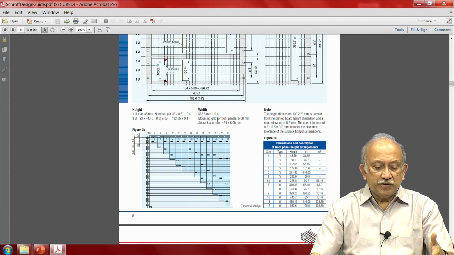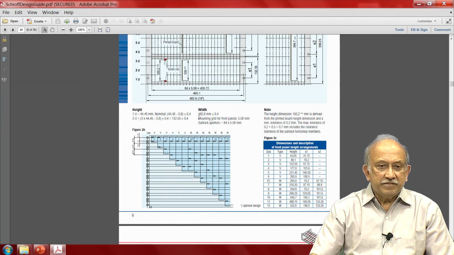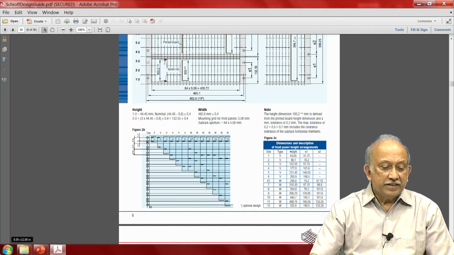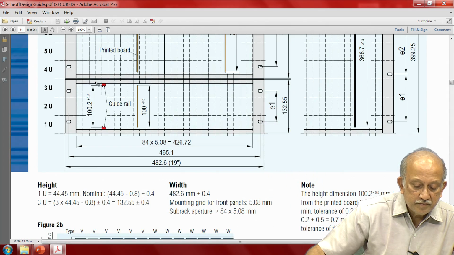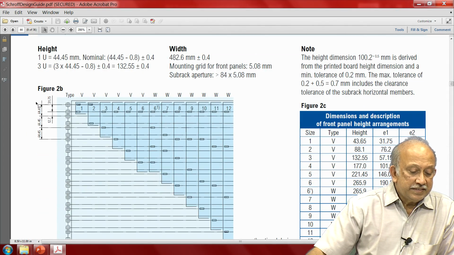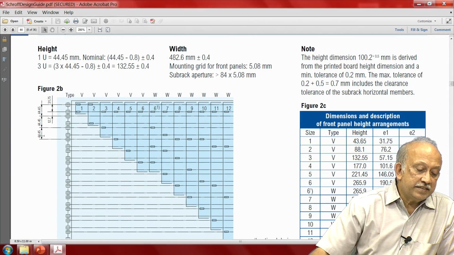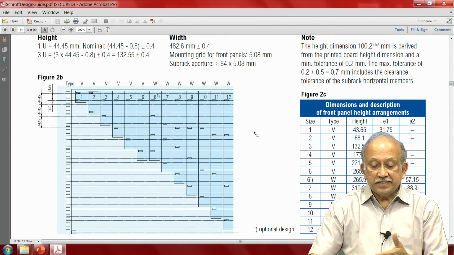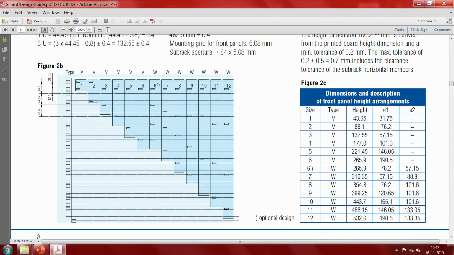It just shows how much is the U, what is the pitch, what is the front panel, and then all those numbers I was bandying around earlier, you can see them here. You can see here there is something called 44.45, and adding all the size 1 front panels and so on, you have 88 and so on. It is easy for you